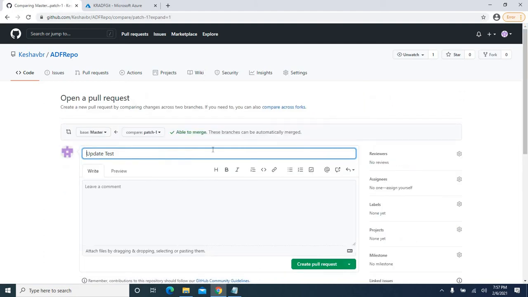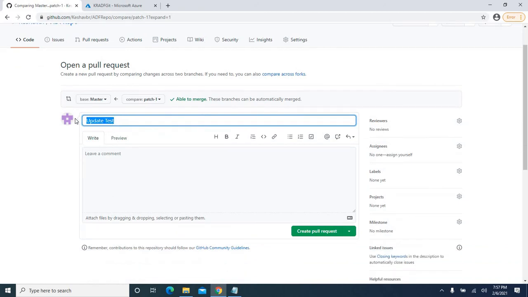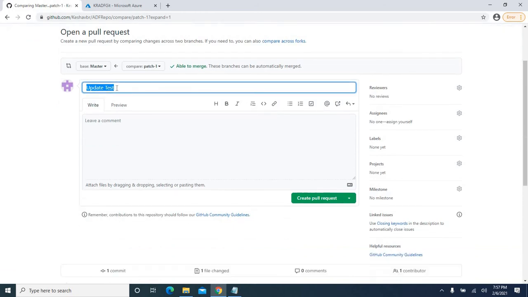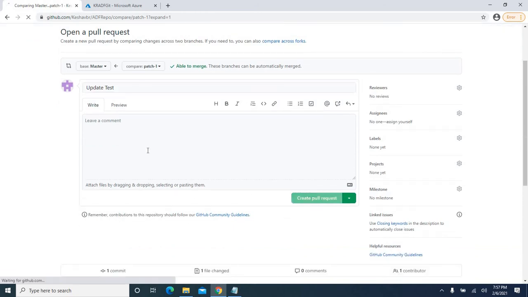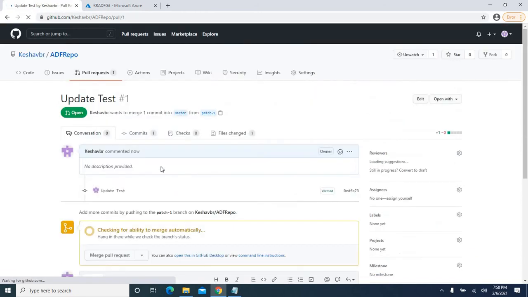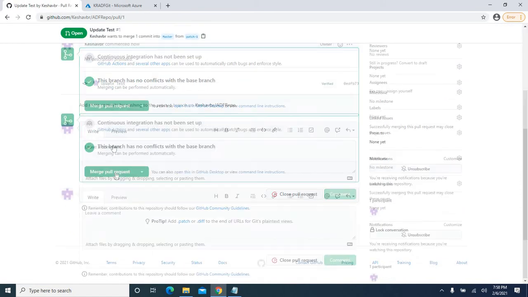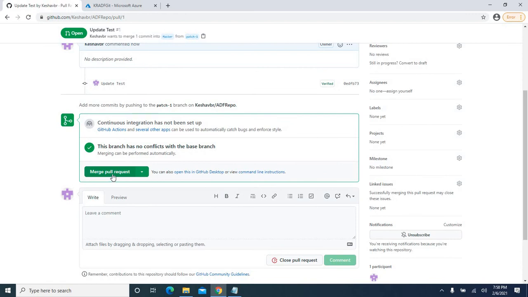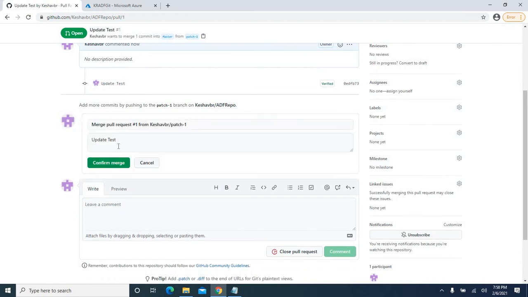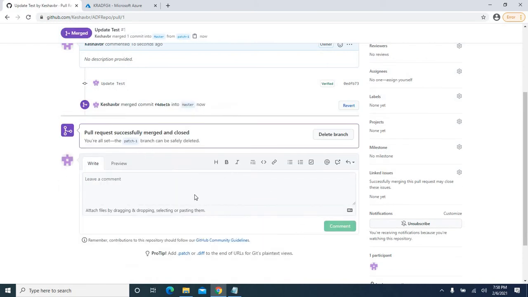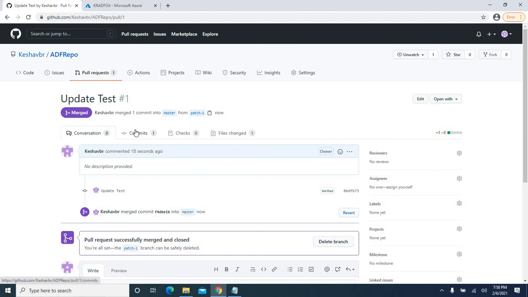In case I want to merge those changes to master, here for the pull request, of course you can give your pull request name. That's okay. I'm gonna go for the default name. I'm gonna just create a new pull request. So there is a pull request created. Now that pull request I can merge to master. So I'm gonna just say merge. Of course you can provide comments. I'm gonna just confirm the merge. All right, all the changes are merged to master.